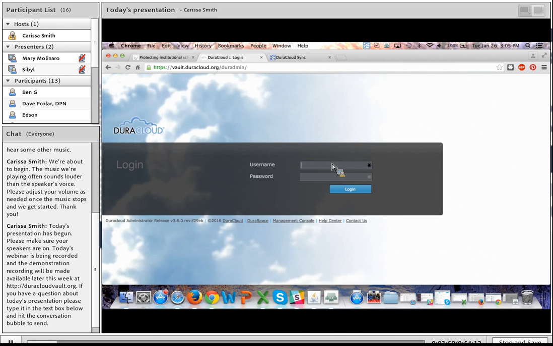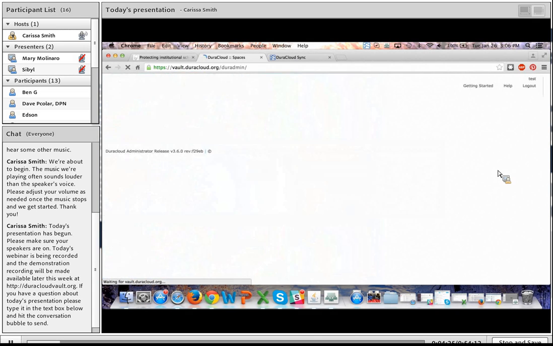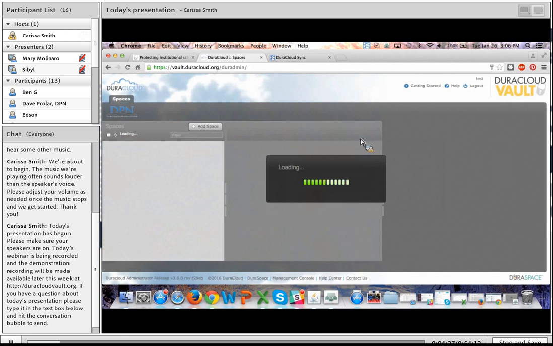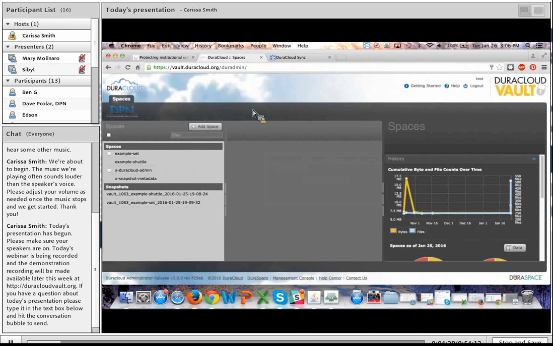Pretty straightforward. Upon logging in here, I'll also note that you can have multiple usernames and passwords, user profiles, to log into the system and add content. You don't just have to share one administrative login. We can create many different usernames and passwords, so you don't have to worry about other staff members stepping on each other's toes within the interface. All parts of the conversation to get your account set up, but really pretty straightforward. All right, so